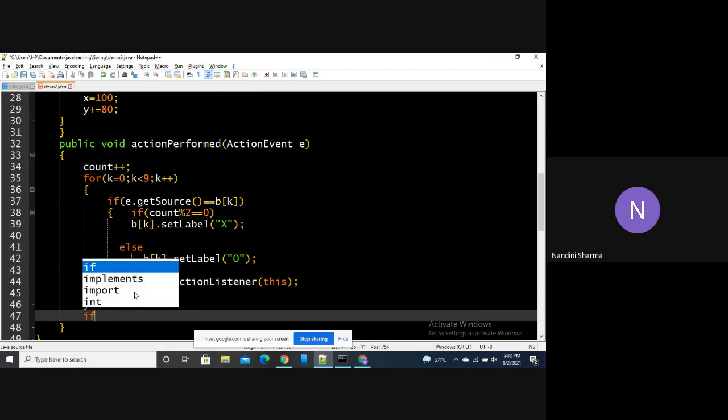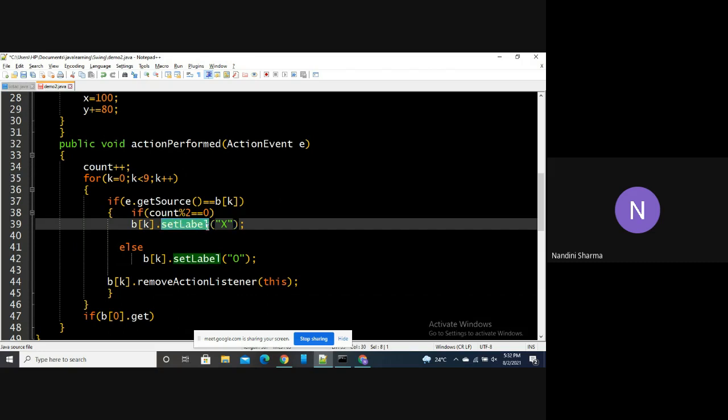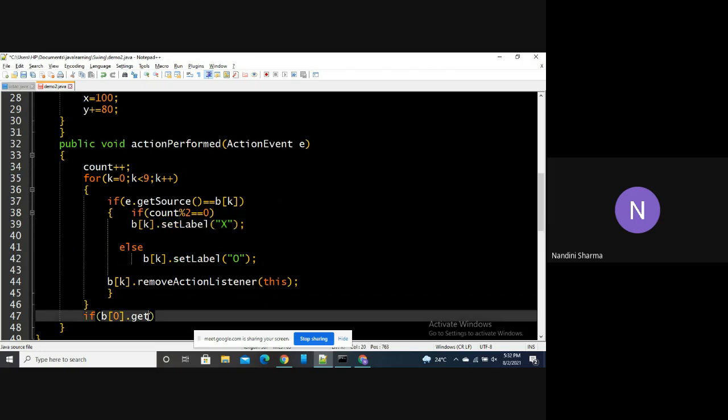So let's say if button at 0. Set label is used to explicitly set the label whatever you want, but get label will fetch the label value.